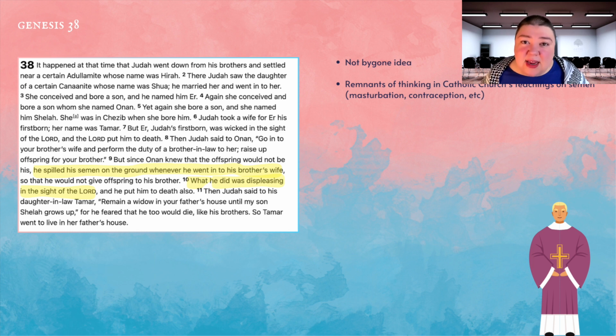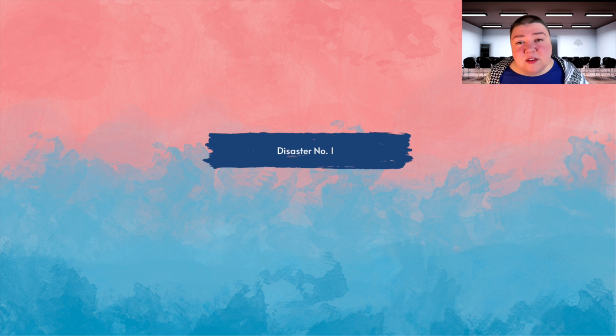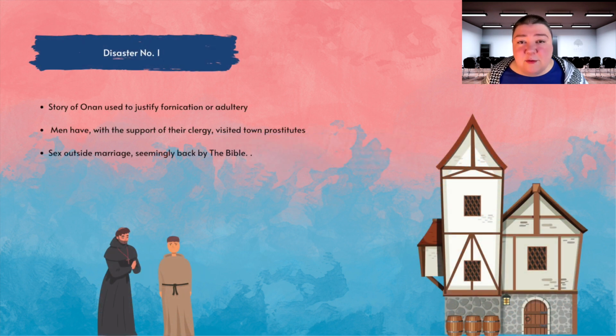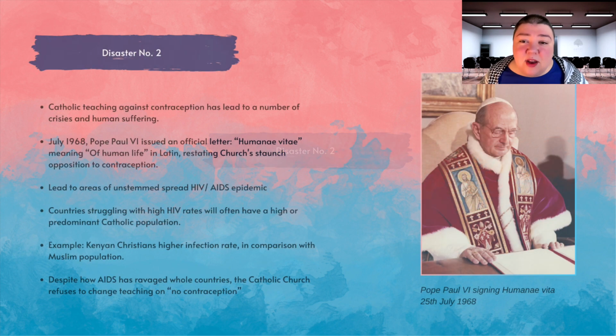Let us now highlight 2 disasters among many which have sprung from this teaching. First of all, this verse has historically been used to justify fornication or adultery. Men have, as we said, with the support of their clergy, visited town prostitutes or had sex outside their marriage, all seemingly backed by the Bible. Secondly, the Catholic teachings against the use of contraception, including the use of condoms, have led to a number of